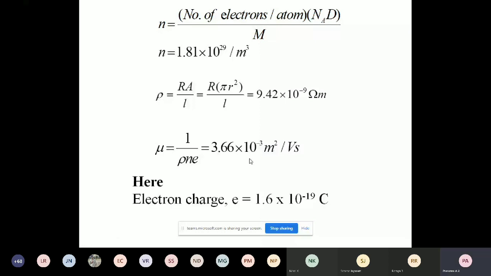I have given the values here. And to calculate the drift velocity, Vd is equal to mu E. So in order to calculate this Vd, just substitute the mobility value calculated, and electric field means voltage divided by length. Length is known, but voltage is not directly given. Voltage is nothing but I into R according to Ohm's law. Therefore, IR by L is the electric field. Mu is known here. Substitute the value of mu and IR divided by L. So you will get this answer.